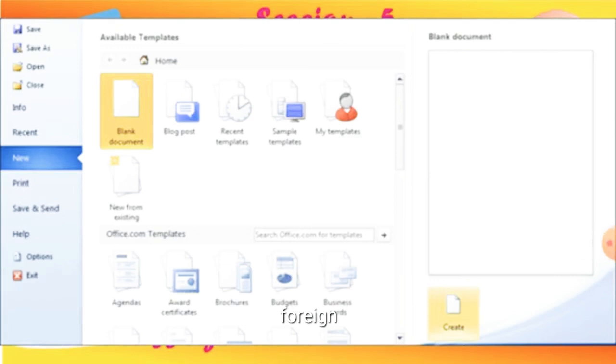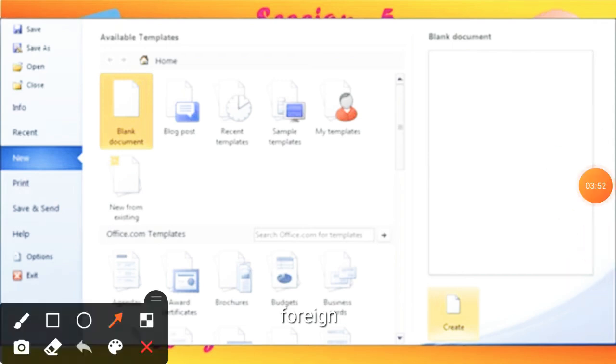First of all, you can see on the screen as given here. Now let's start with the first screen. First you will click on the New option on the File tab. You will click on the File tab and you find the New option in this File tab.